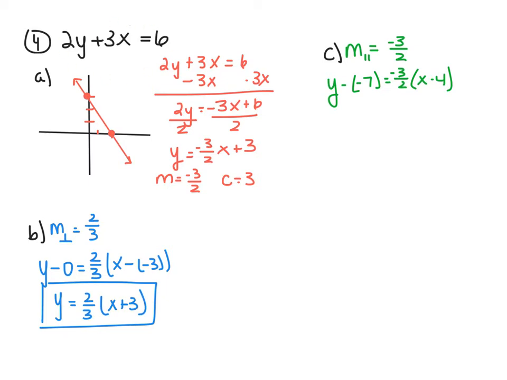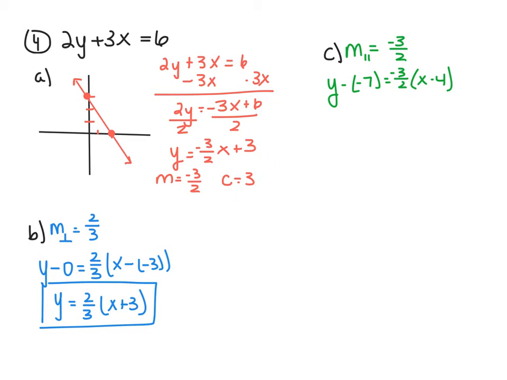X-intercept, set y equal to 0 and solve for x. Y-intercept, set x equals 0 and solve for y. That would have been pretty easy and would have given you a nice good graph. However, because I knew that I was going to have to find the slope to be able to find perpendicular and parallel lines in part B and C, I decided just to solve for y and put it into slope-intercept